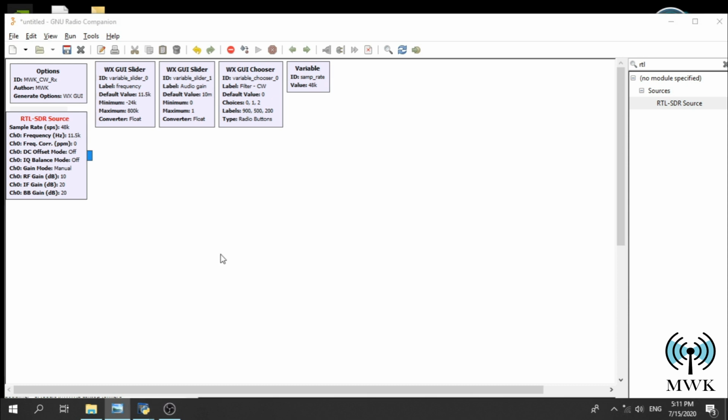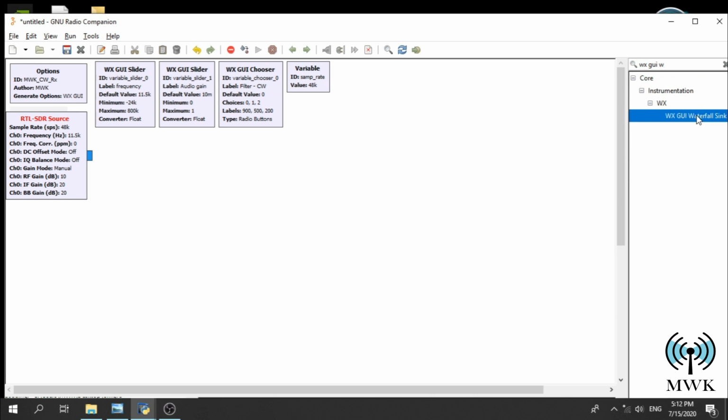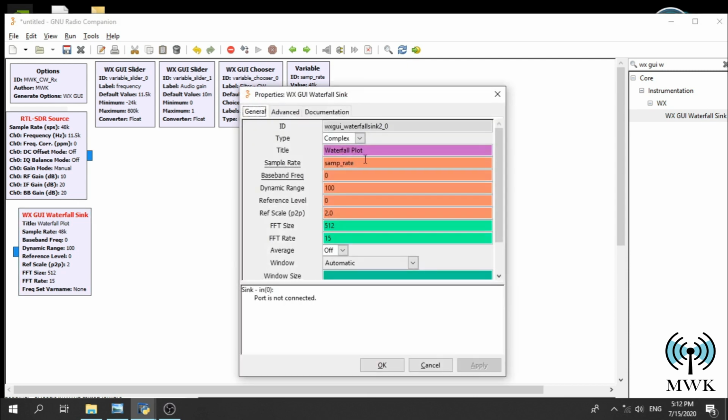So let's bring a wxgy waterfall sync to connect to the RTL SDR source. Let's put it here. Here in the waterfall sync, let's title it as we like. I title it like this: MWK CW receiver,